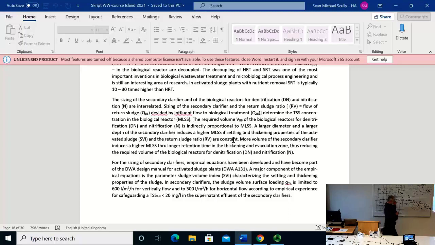And then also an influence here is the diameter and the depth of the tank, because this is what we talked about. When I design a new plant, I want to find out what is the required diameter and what is the required height. This would be minimal, but of course, if I make it larger, I will get a better thickening, because